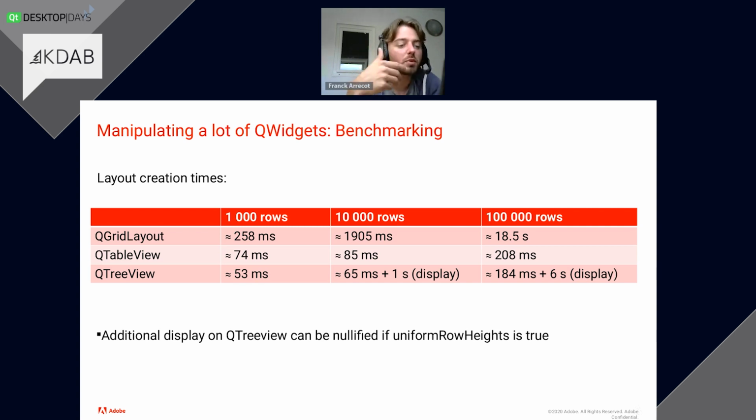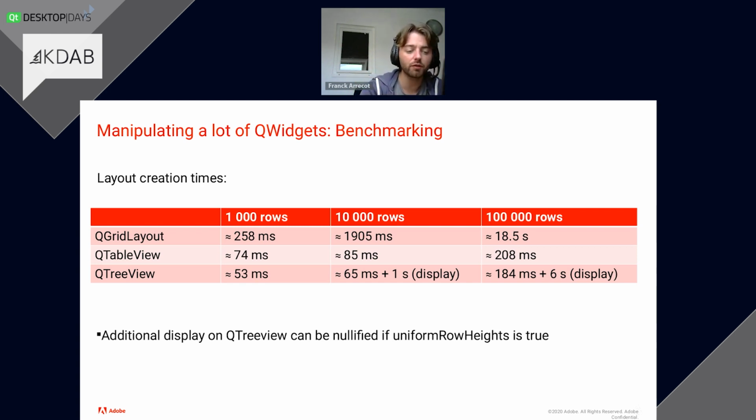But since it's in a loop, it seems doable, but it's just not made for that. And table view and tree view are doing a much better job. Here is a little subtlety: tree view can take a bit more time to display, because since the heights of the children of a tree view can differ from one to another, it would pre-calculate the height of every single child of the tree, even though it doesn't have to be on screen, so that's a bit annoying.